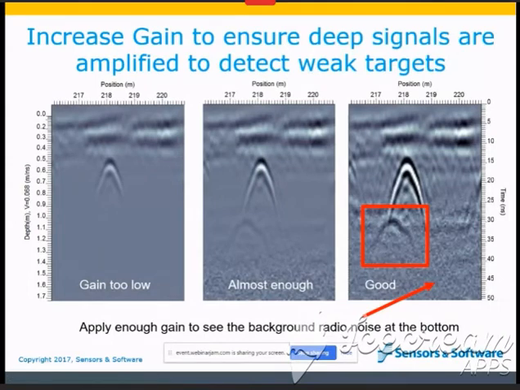It's important to realize that there is no perfect gain. If there was, we would not have an adjustable gain setting. We would just apply the perfect gain. The GPR signal attenuates at different rates in different soils at different locations. So gain is something that constantly gets adjusted throughout a GPR survey. A simple way of making sure that you've applied enough gain is that you should be able to see the random snowy signals from external radio sources at the bottom of the section. Once you can see that noise, you've usually applied